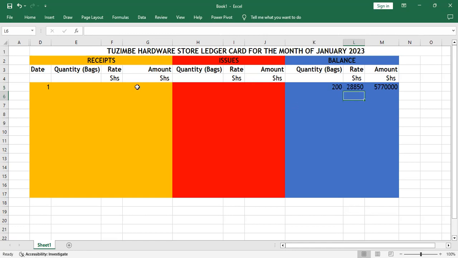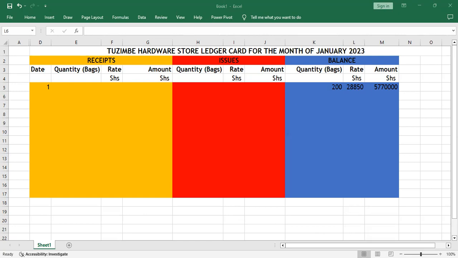28,850. So for our opening balance, we have 200 bags, and the average rate or the average price of each bag is 28,850, giving us 5,770,000 as in the question. Now thereafter, you have to look at the purchases and then the issues, but you have to mind about the